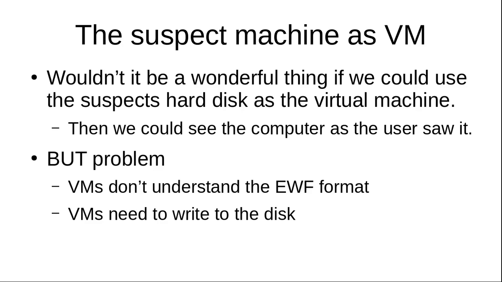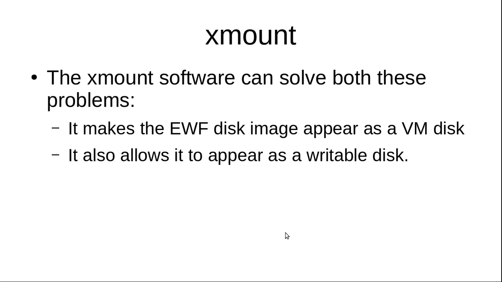So now the idea is to combine these two ideas. If we could use the suspect's hard disk as the virtual machine, then we could see the computer as the user saw it. There are a lot of other advantages as well, but we'll just start with that. Of course, there's a problem with this, which is that the virtual machine software doesn't understand EWF format. And also the EWF format is normally write-only. We don't want to change the evidence. But VMs need to write to the disk, so this is a problem,